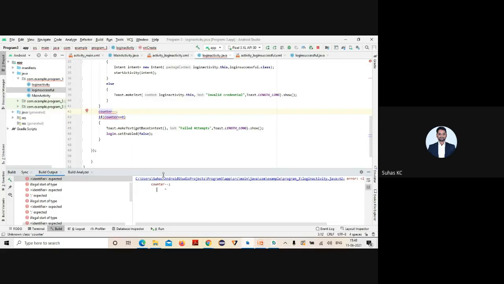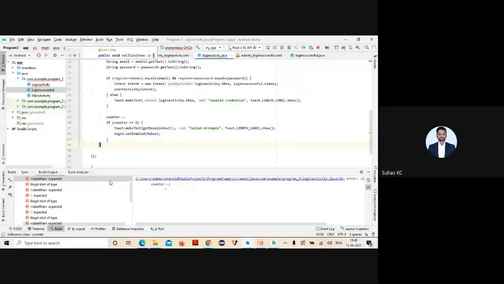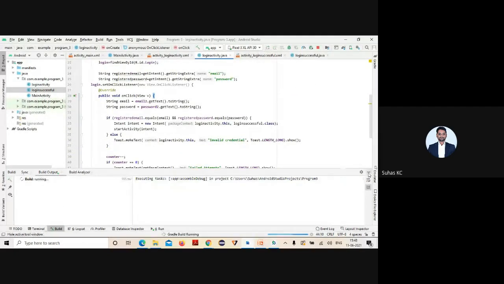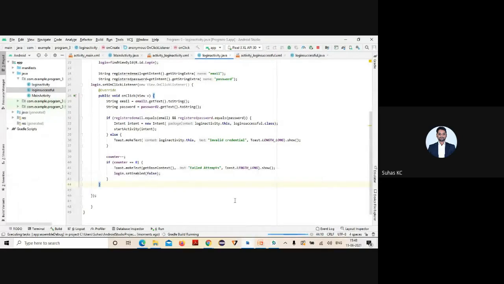Before that you check, I'll read the error as your brother. Yeah, I'll recompile. If it is red color then there is some error, that's it.